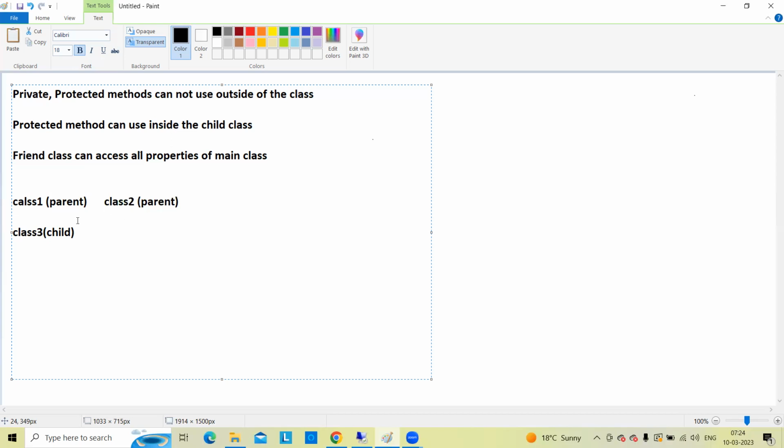I have two parent classes, class one and class two. So by using these two classes, I want to create one subclass, the child class, class three. Then this is not possible here. The combination of class one and class two is not possible here, and this is called here